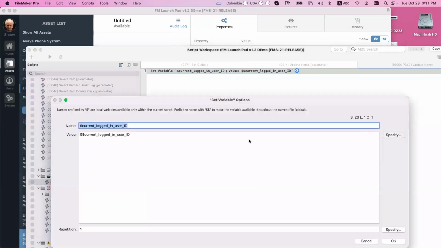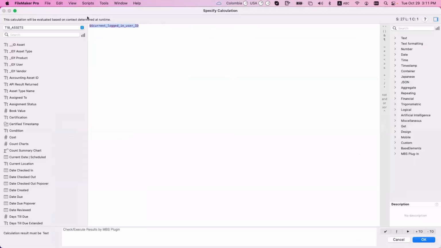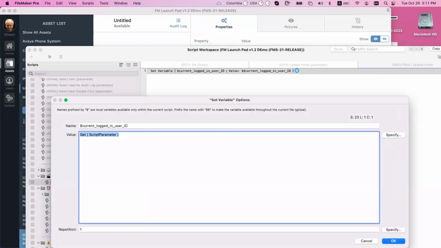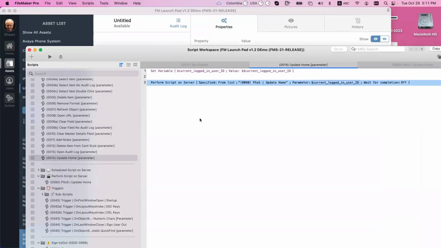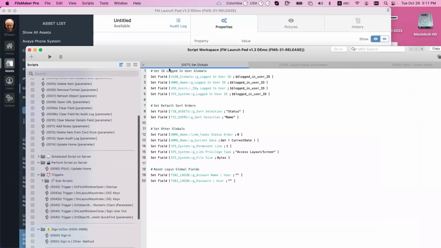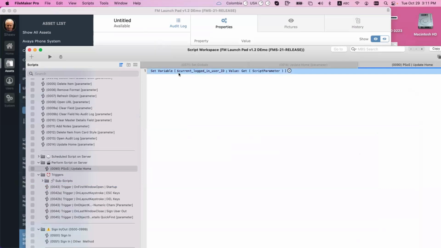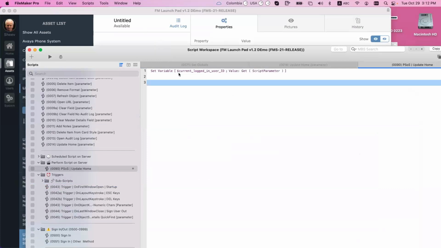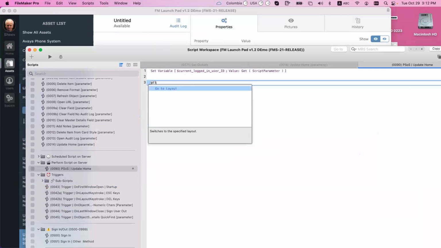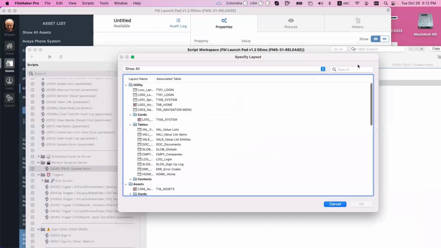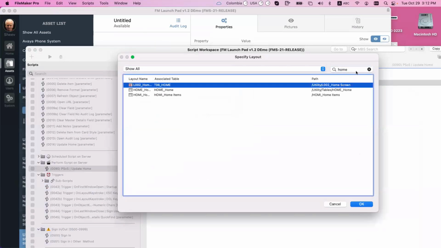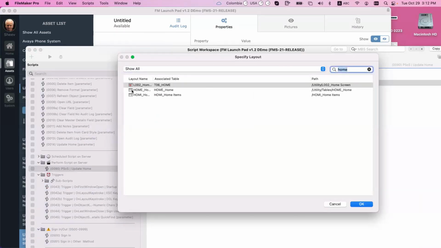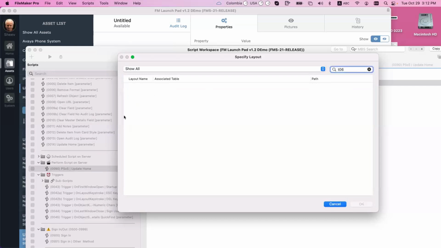I'm collecting now, I have the same name here, but I'm collecting the get script parameters, because this script sends to this script parameter. And here I'm getting it back, right? What do I do with this? Go to layout. What's the home screen? TO2, TO6, right? Okay, so I need